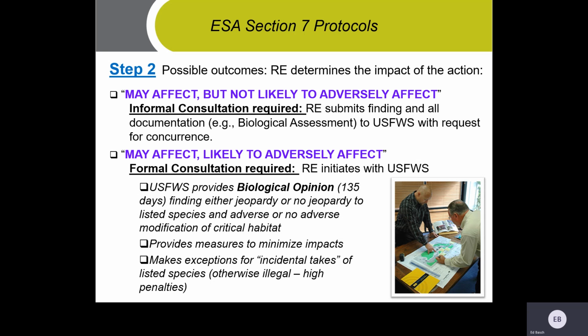If it is likely to adversely affect, then you're getting into a biological opinion and a longer, more complicated process, obviously. But hopefully you will not have that situation. If you do, though, you're required to take those additional steps.